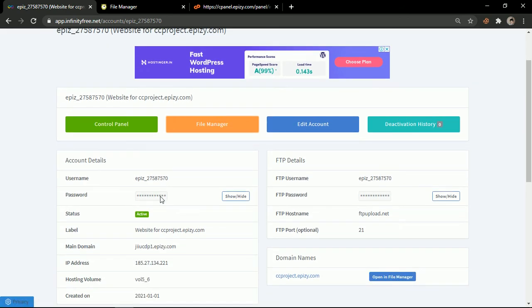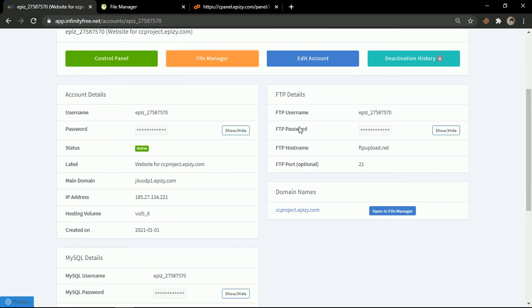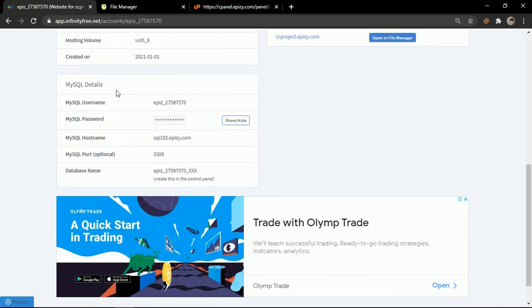This is the information of the FTP details: FTP username, FTP password, and host name. This is important whenever you create a dynamic website with MySQL. It is very helpful when you have to change the MySQL details. For example, if you create a PHP file like connection.php, you have to change the username, password, and hostname to these, copying and pasting them there.